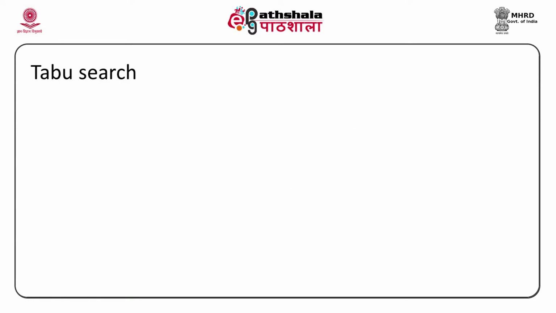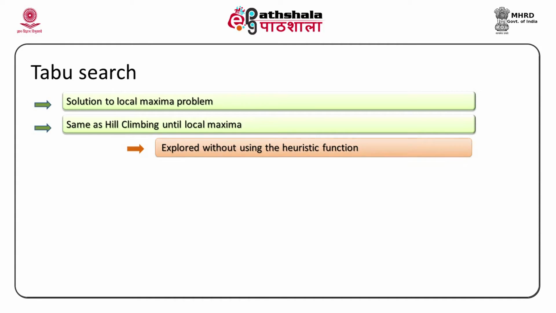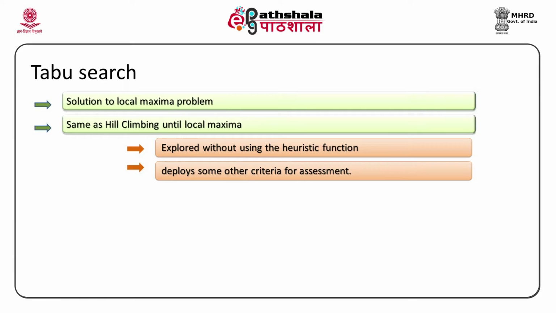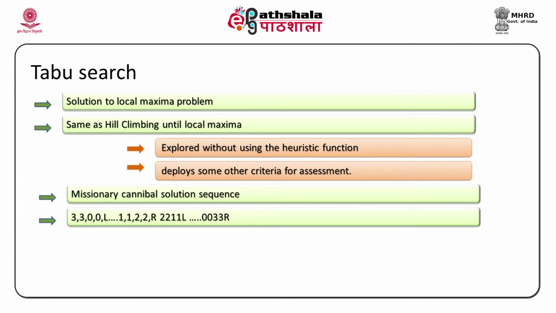One more type of search is called taboo search. Now, that is also simple, but quite effective in some cases. For example, you are doing hill climbing and you are stuck there. Now, if you are using pure hill climbing, you can't move forward, it is impossible. So, what is the solution? The solution is that you try something else. You may try one more function. In fact, you try multiple functions, and when one function is not yielding any result, you start applying the other function.